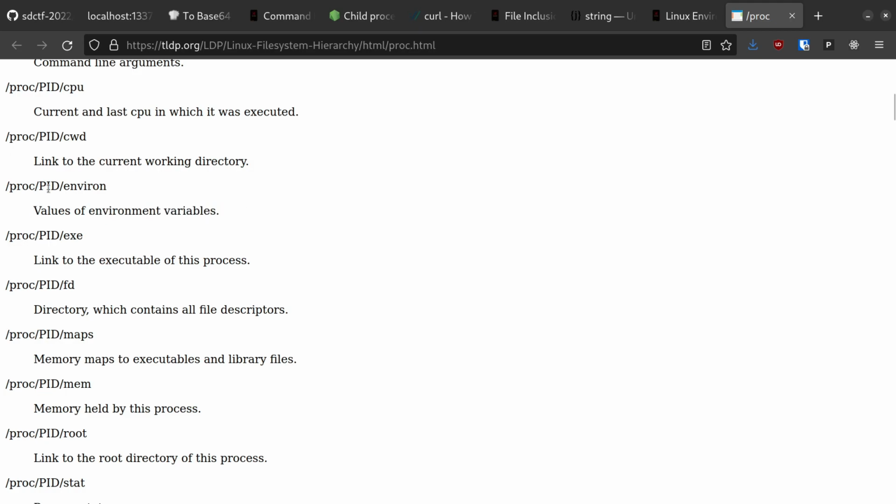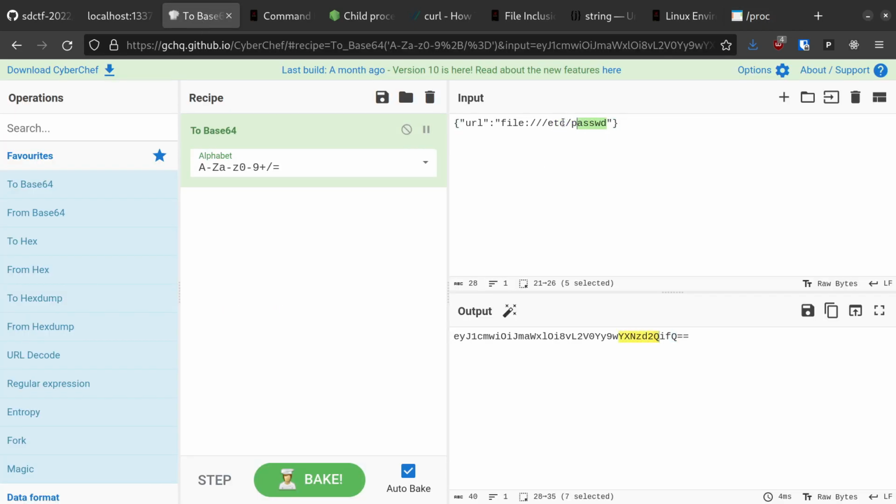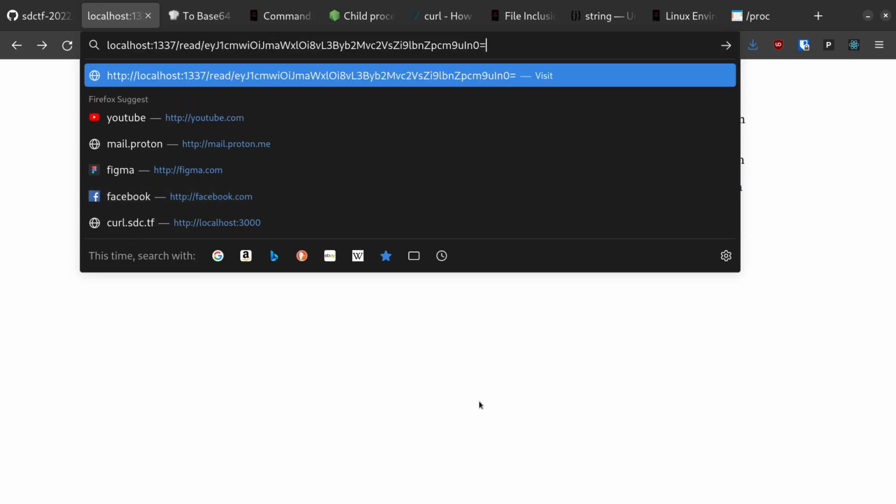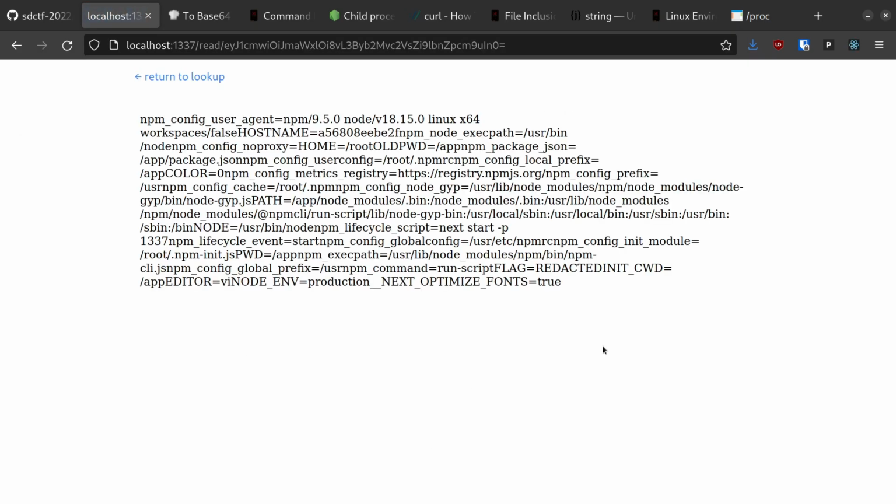The problem is that we don't know the ID of the process we're interested in. We could brute force it, at least in principle, but I actually know a neat trick that will help us out. Rather than using a process ID, if we instead use /proc/self, this will return the environment variables for the currently running process. We can do this on the CTF web server, jumping through the hoops of encoding this payload with CyberChef before passing it along, but all we get in return are the environment variables of the curl process, and the variable for flag is, of course, redacted.